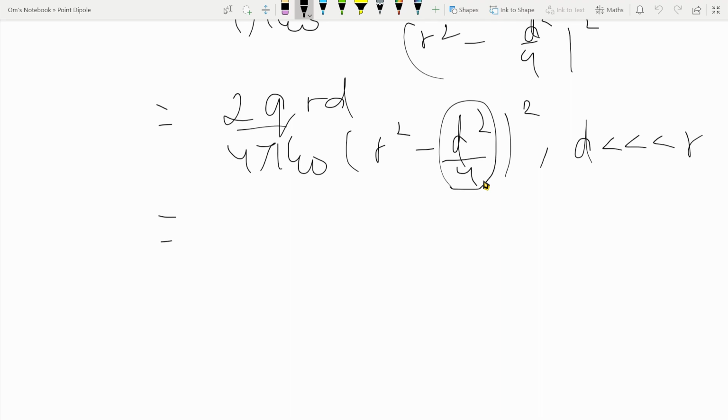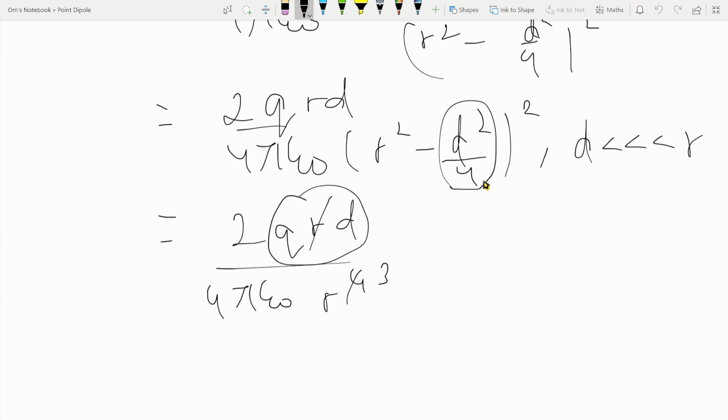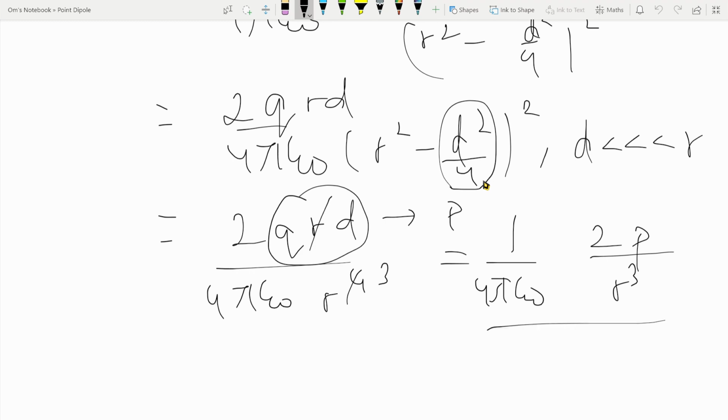And what we actually arrive at is 2q rd by 4 pi epsilon naught r raised to 4, because we have assumed the d square by 4 to be 0, and we have r raised to 4. Then we can cut an r, so we have an r cube over here, and we observe that qd is nothing but the magnitude of the dipole moment of the dipole. So this can further be written as 1 by 4 pi epsilon naught 2p by r cube, which is the expression that is generally used to find the electric field at the axial position. Of course, the exact expression is the one that I've written over here, but in most cases